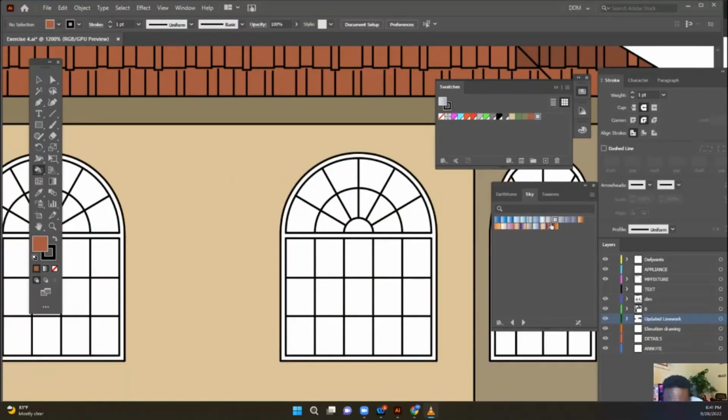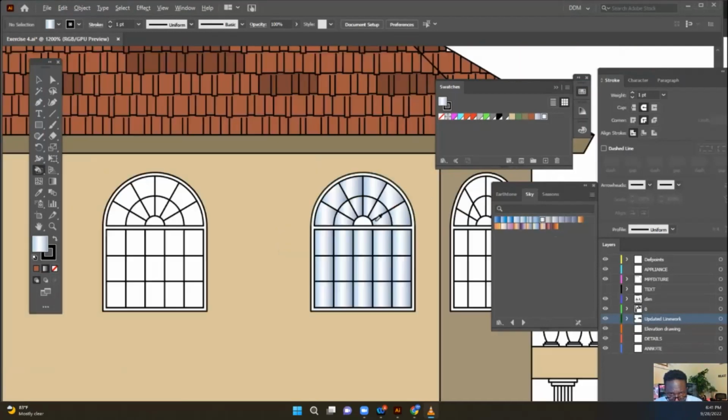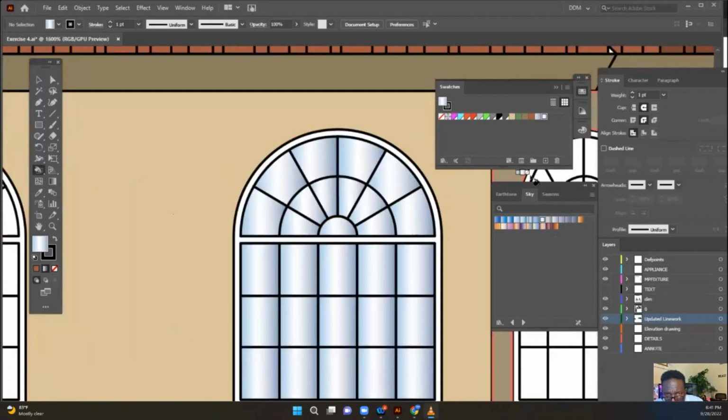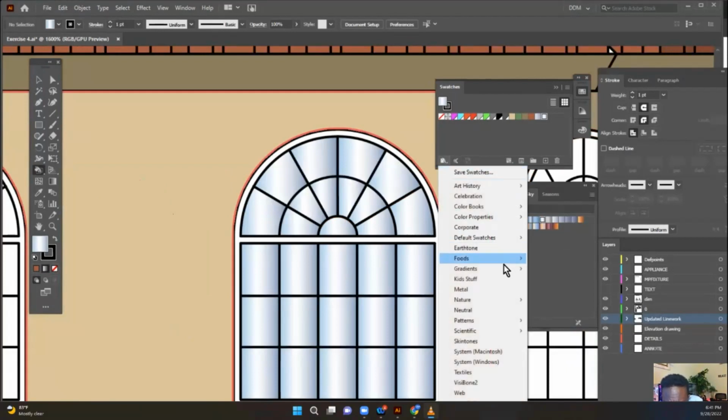Maybe choose something like that. There we go. Oops, we don't want to color the frames in that color. Maybe not, so maybe a flat color would work a bit better. So let's go back to the library, and we could select something under